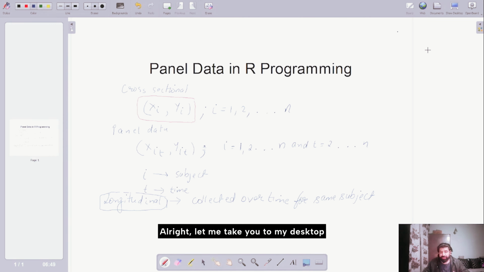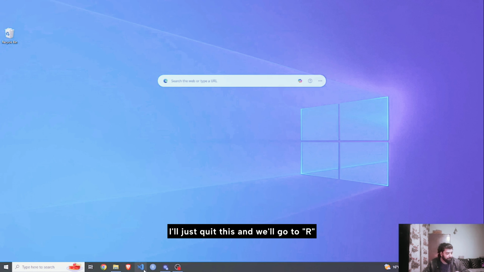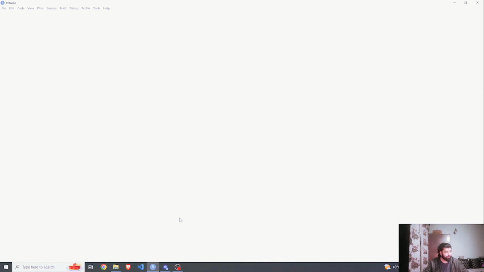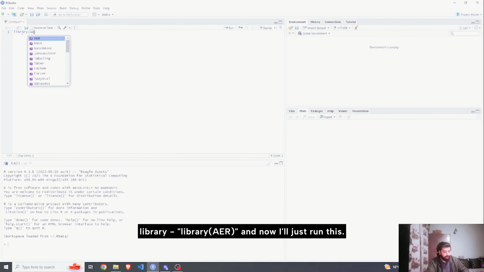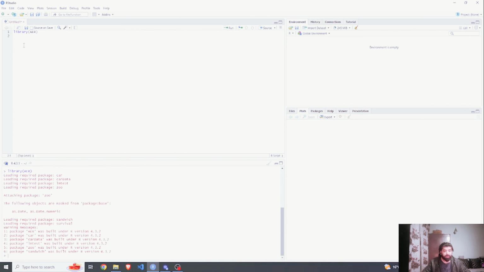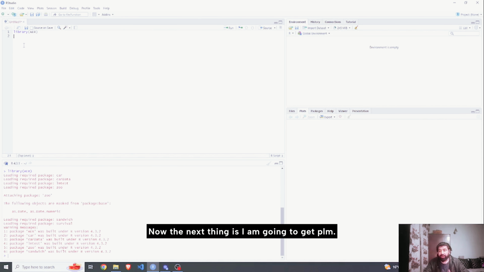Alright, let me take you to my desktop now and we start working with panel data. I'll just quit this and we'll go to R. So I have libraries which basically have panel data for us and we'll directly work with that. So first thing I'll do, I'll just call the library AER, and now I'll just run this. Now the next thing is I'm going to get plm. plm is basically used for panel linear regression models. So I'll just call that library also,